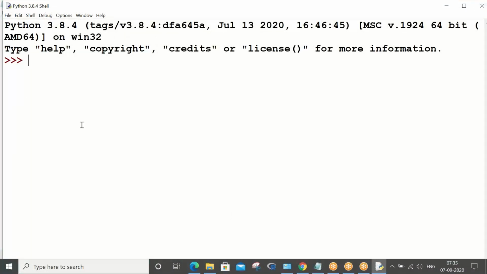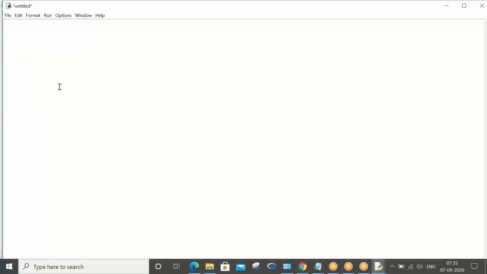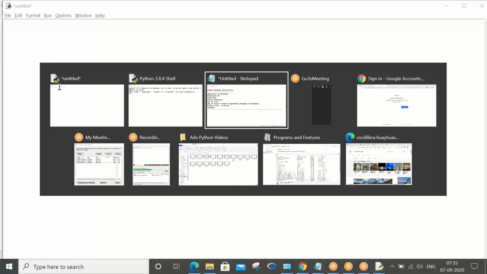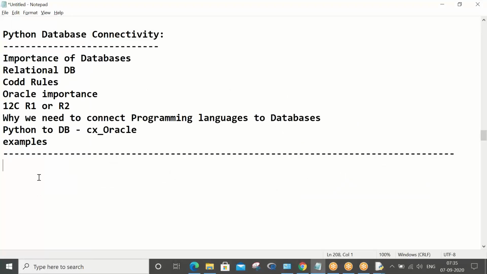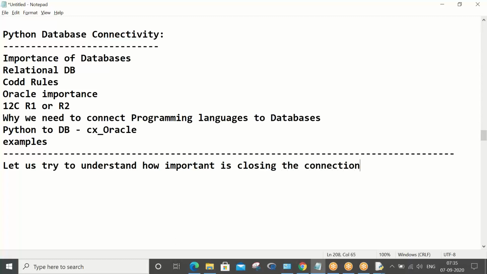What I am going to explain in the next program is, let us try to understand how important closing the connection is.